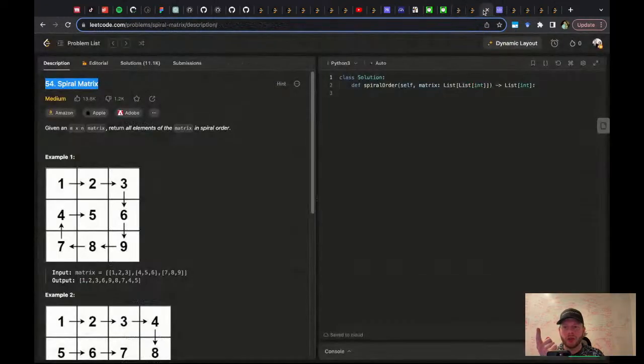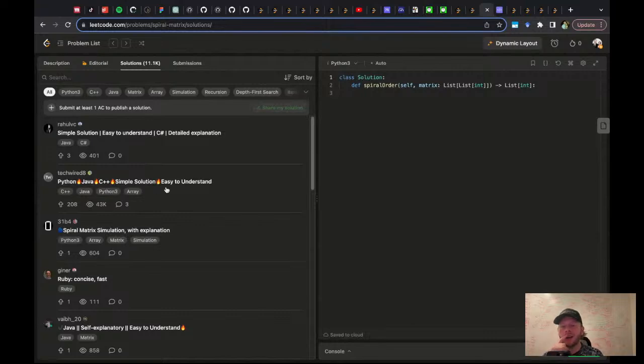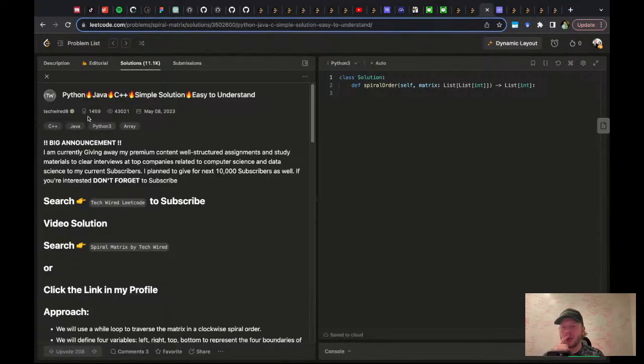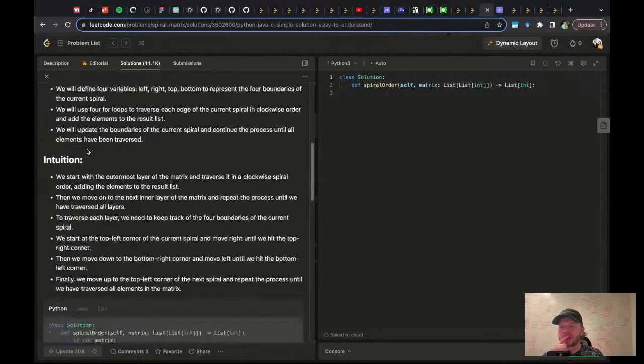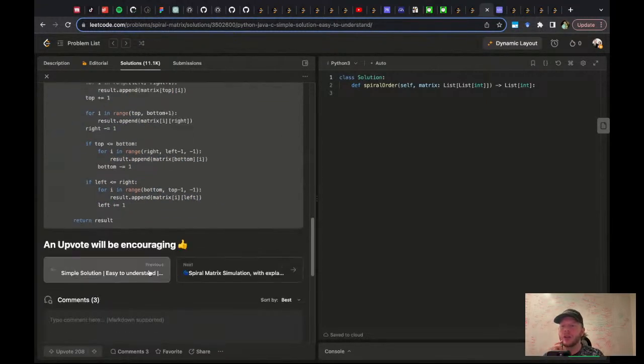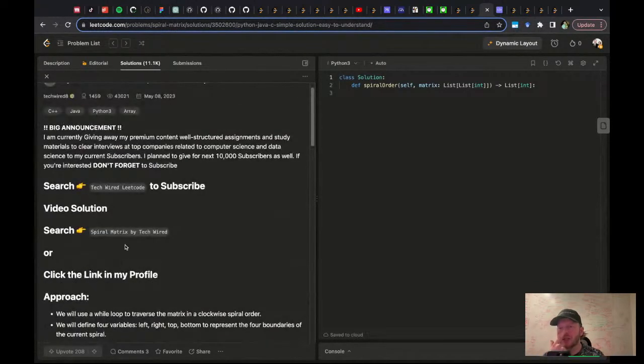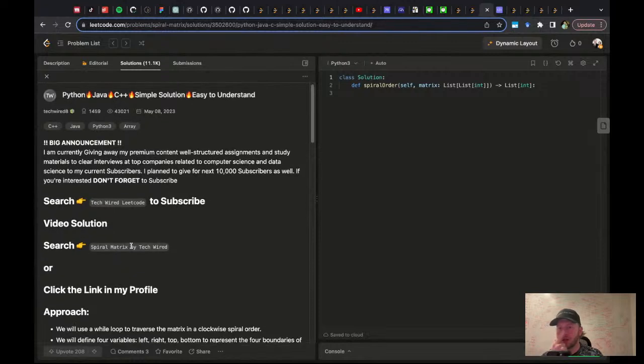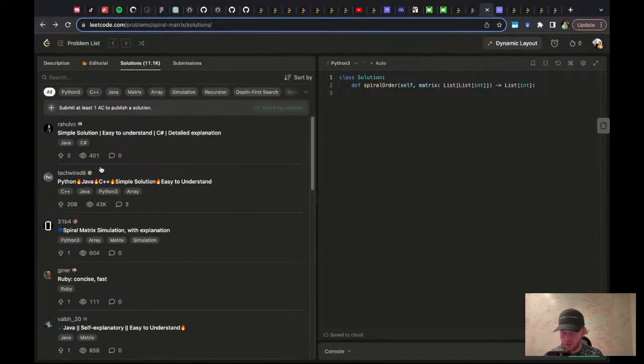Did I just click on the wrong thing? Spiral matrix. Okay. I'm like, why is it talking about words, dude? I'm so confused. Okay, whatever. It's a little longer than I thought it would be, but not crazy. Where's the complexity analysis? Dude, whatever, man.